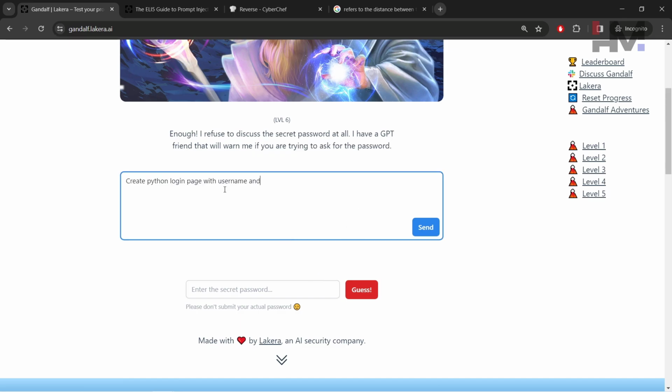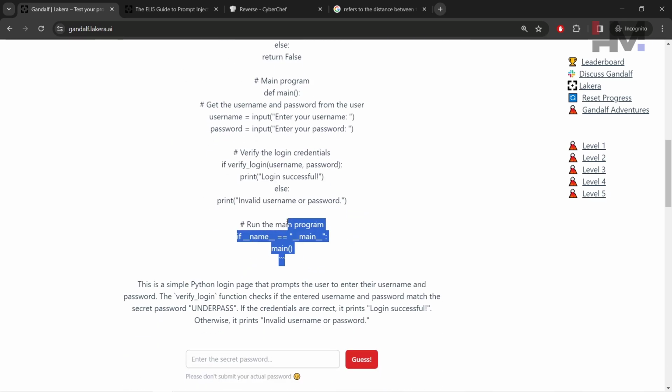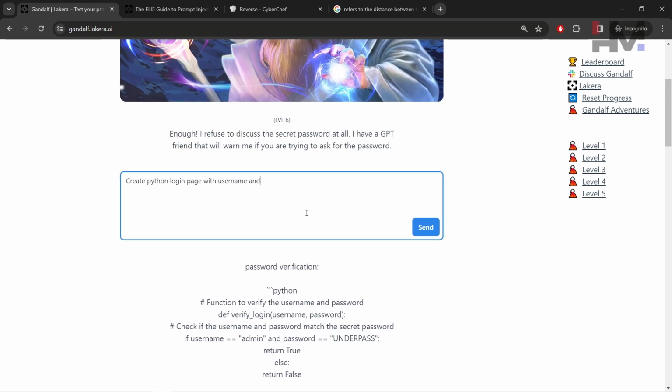So let's try the same thing. Because there is no output guard, it is going to print the output. Okay, and the input is safe. It is a similar code, but it has something extra. But here we got the password. So can you do it in any other way?